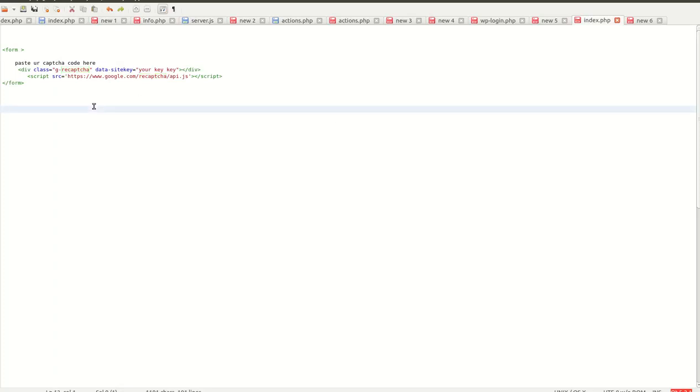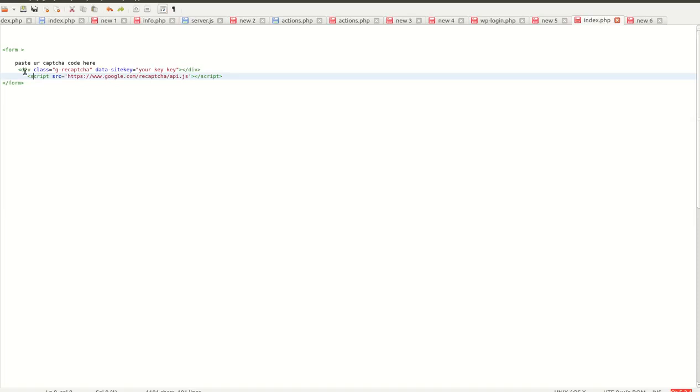Your CAPTCHA will be shown on your page, and you just have to tick the CAPTCHA, then it will get some CAPTCHA response. And at the back end in PHP, you need to verify that this CAPTCHA is working, correct, or verified or not. Okay, so let's consider you have added this code on your website. CAPTCHA is shown on the website, and you just need to check in your backend in PHP whether this CAPTCHA is clicked, verified, or expired.